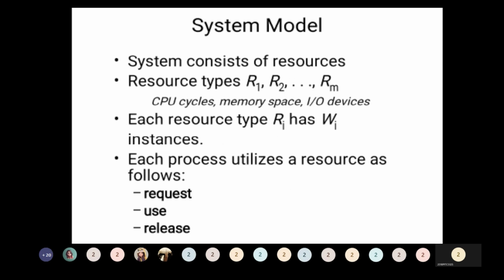So take a system model for understanding what is a deadlock. So consider a system of resources. With respect to operating system, it has many responsibilities, one of which is resource allocation. Whenever an operating system is involved in the process of resource allocation, it has to allocate the resources without occurrence of the deadlocks.